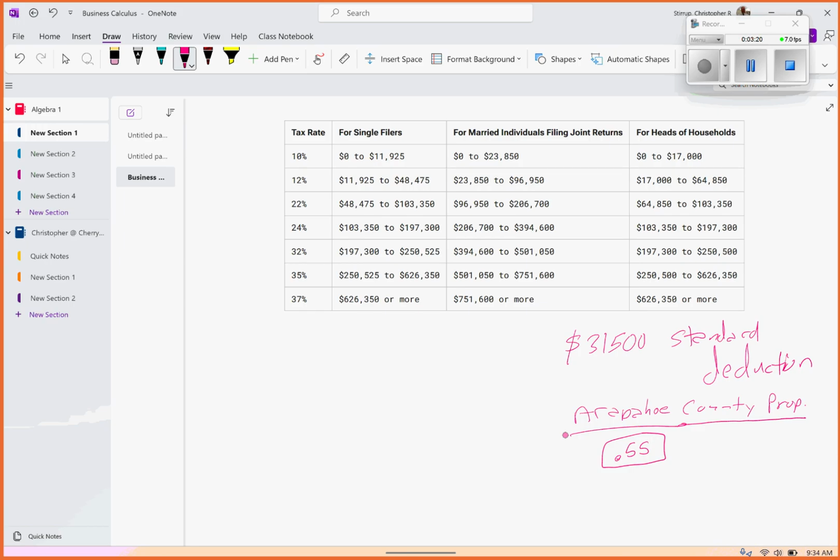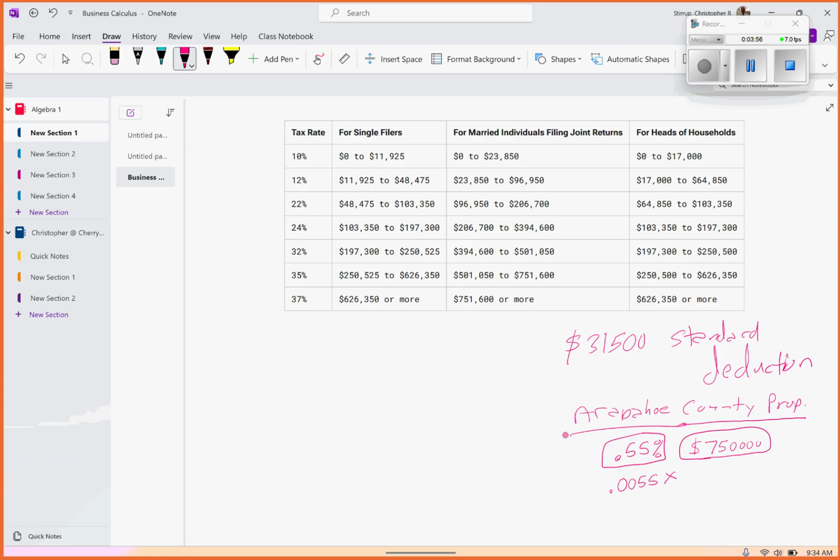So basically, that means that if you had a home, and let's take a home in Arapahoe County. Let's say you live in a home that is $750,000. I'm just coming up with a value. Okay, so if you were to, and this is percent. Okay, so in order to make a percent a true decimal, I'm going to make this 0.0055, and I'm going to multiply that times the 750,000.